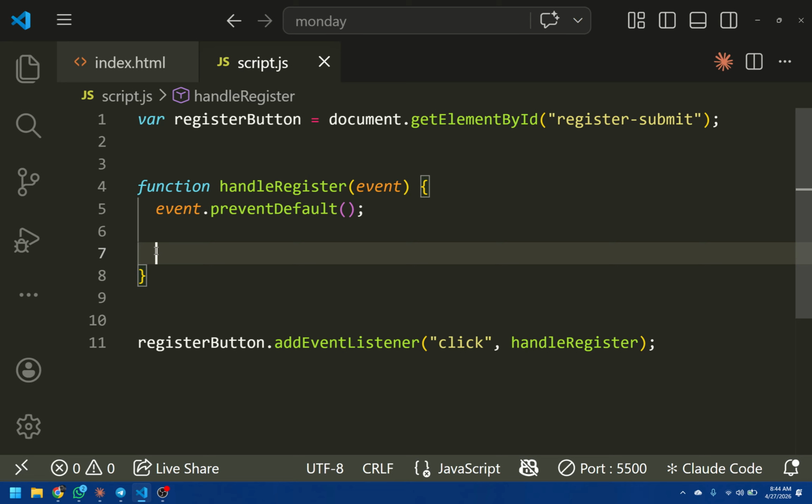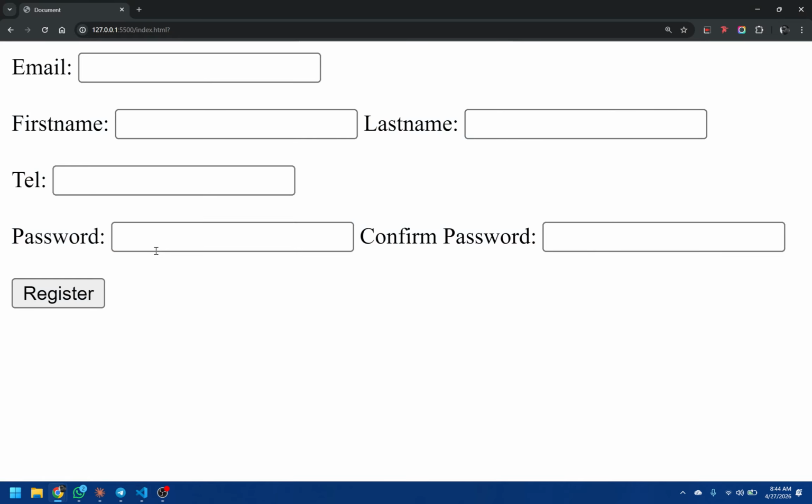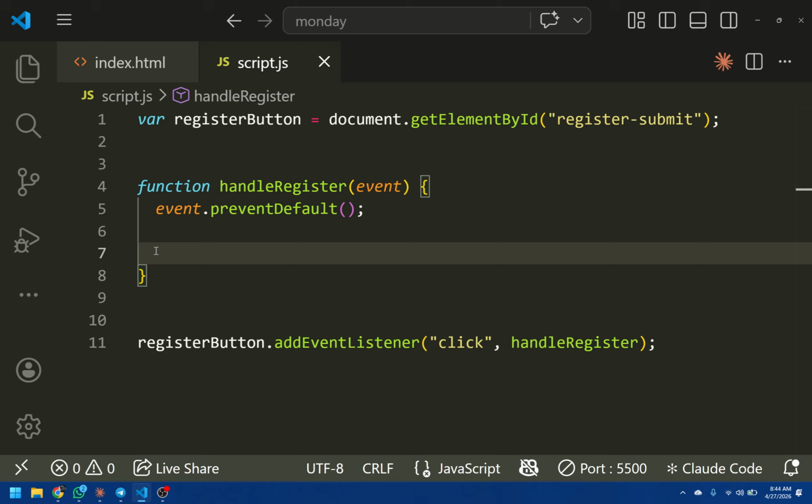All right. Let me see now. So we have our prevent default. I got rid of the alert because we don't need that for now. What we want to do, another thing that I want to mention